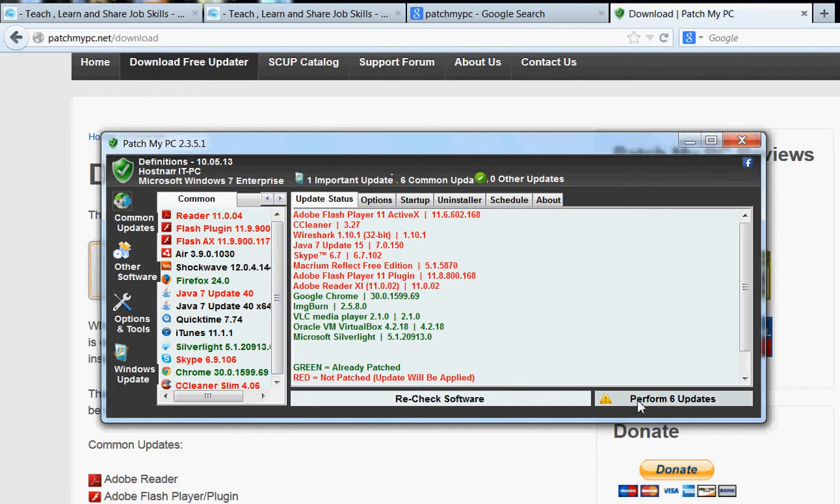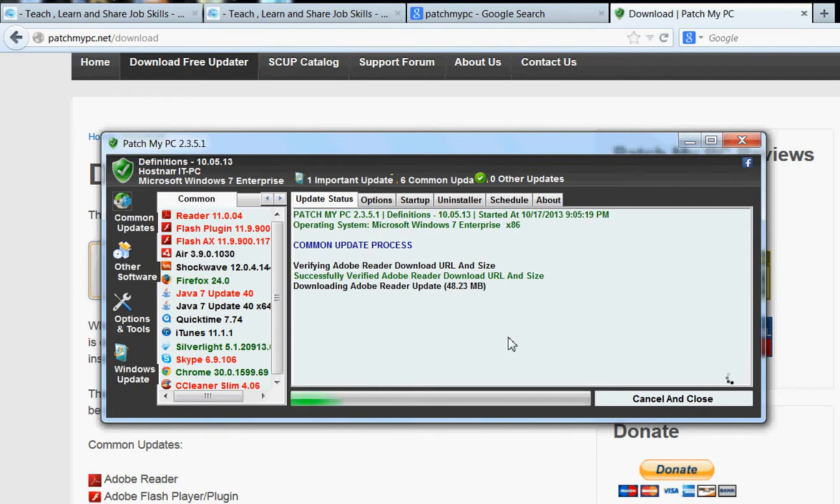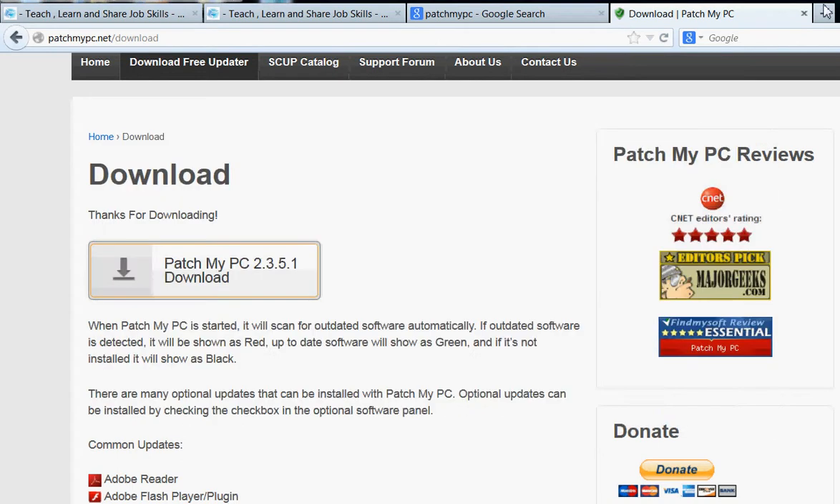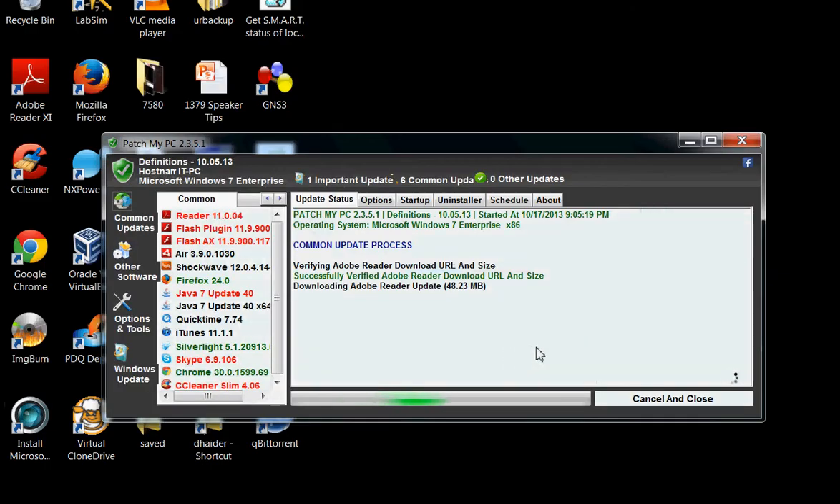So all you gotta do is click perform 6 updates here, and it will do the rest. It will tell you that maybe sometimes your browser is open right now, so it's a good thing if you're doing installation here. Just close the browser. I'm gonna close it right now and let this work, because sometimes it will stop you and tell you, okay, you need to close IE, Chrome, or whatever browser